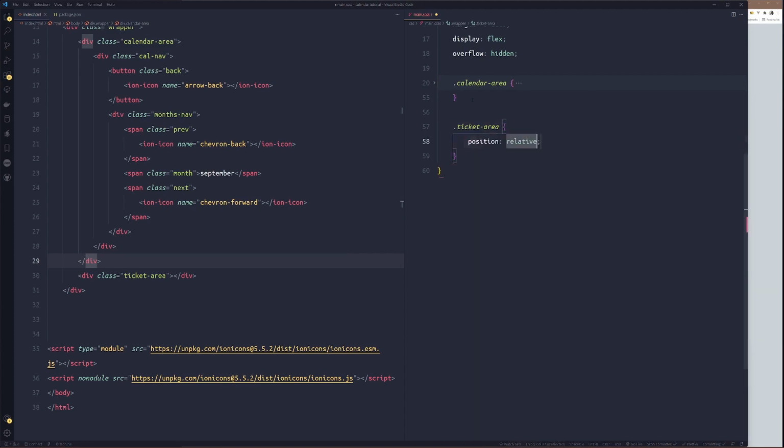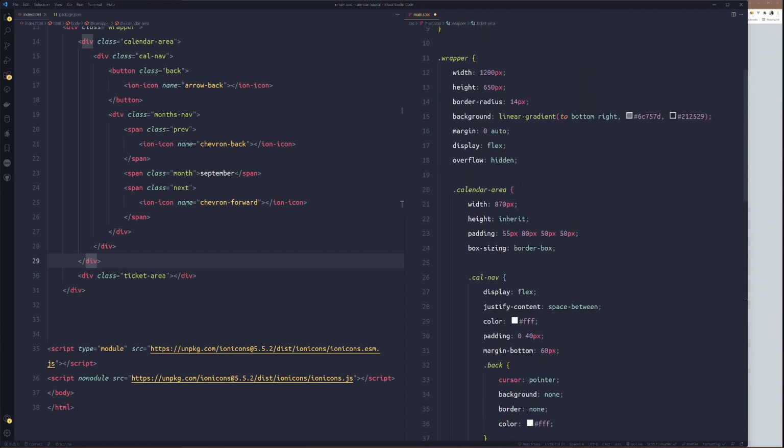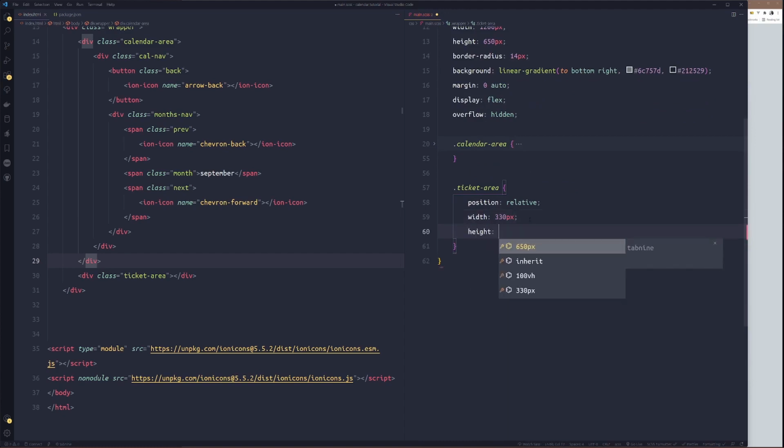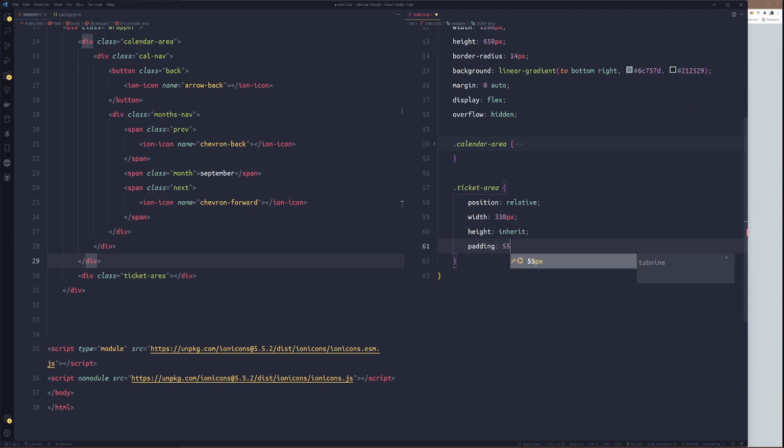Then set position to relative, because I will do a lot of absolute stuff there later. Then 330 pixel for the width, because if you calculate, 870 plus 330 will give us the 1200 pixel. So height goes to be inherit. Then padding 55 pixel for the top and bottom, 40 pixel for the left and the right.